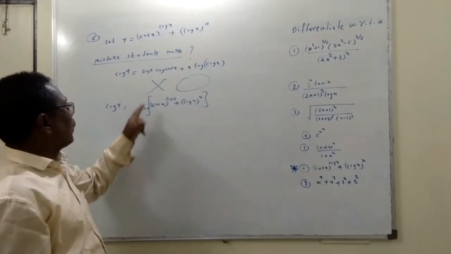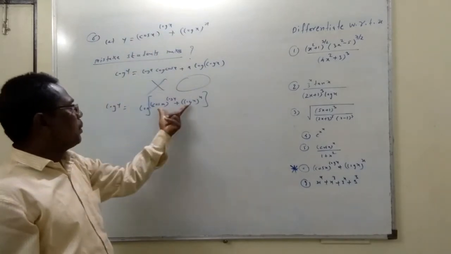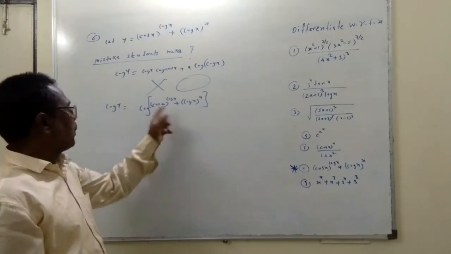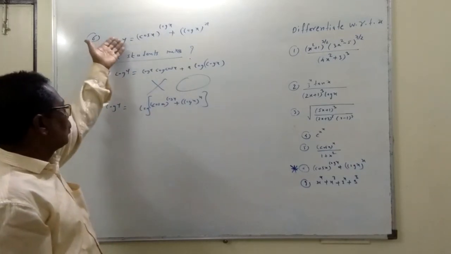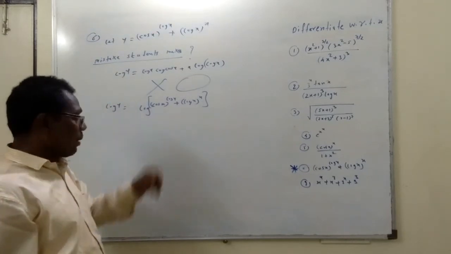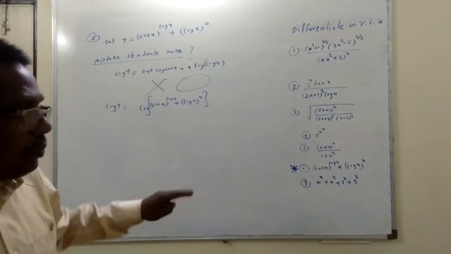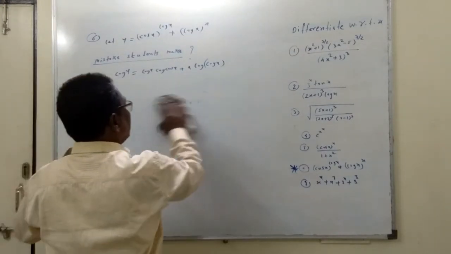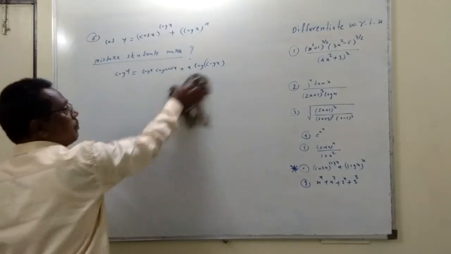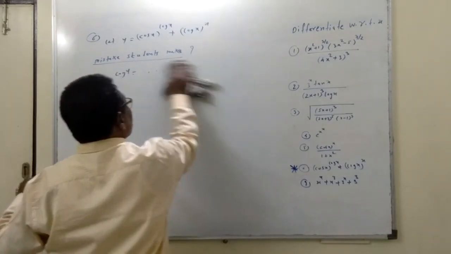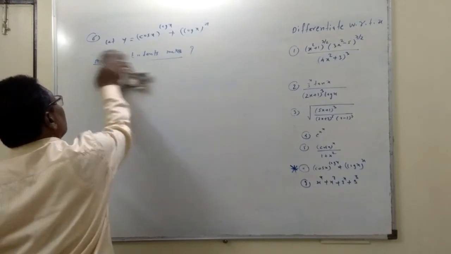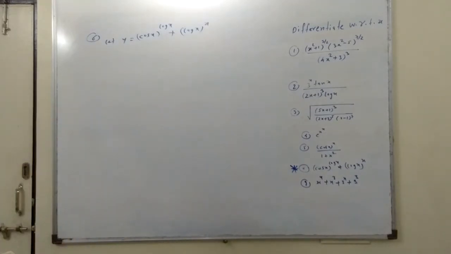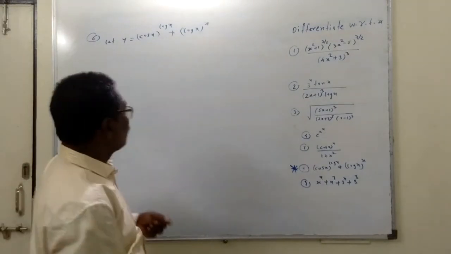So log y is equal to the log of this complete function, and no further simplification is possible. There is no rule in logarithms to simplify this. That means by taking the log directly, we are making the example very complicated. So actually, how is the log taken? Here, when there is addition and subtraction of functions, you take the log separately, differentiate separately, and then use the addition and subtraction rules.